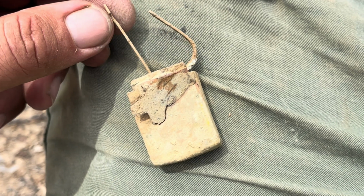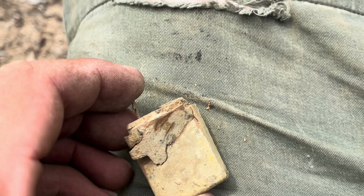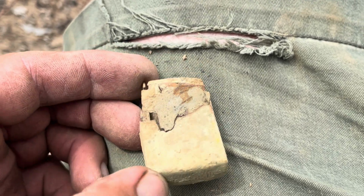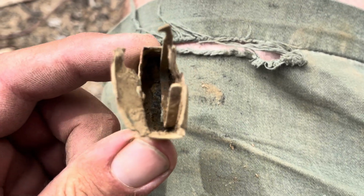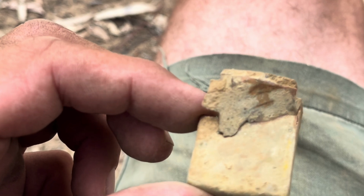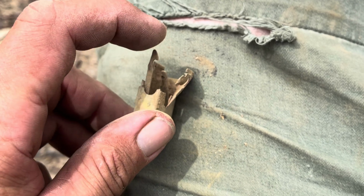We've got these clippy sort of things that have been fastened in the bottom here. I don't think it actually is a lighter. I reckon it could be some kind of match dispenser because on the bottom I've got a striker sort of looking thing. So I reckon they would have been the old non-safety matches, wax vestas perhaps, but I cannot see any kind of writing on there, unless it's still hiding in the dirt. But there is a sort of a lip around there, so it looks like it's had a lid at some stage, and I don't quite know what these are for, but